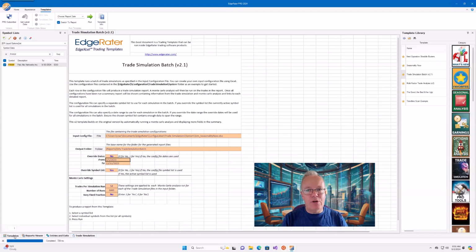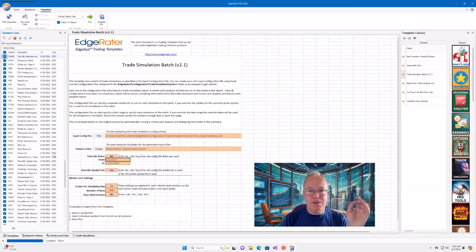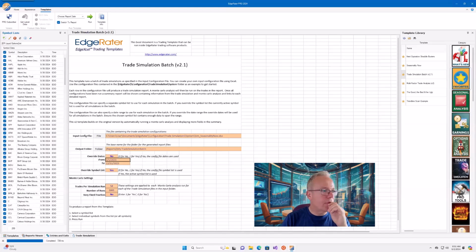You pick the configuration file, which is sim seasonality now, and then you run it against your list of stocks. Now, I've only chosen one stock here, Pan W, because that's all I'm interested in. But I could have chosen all of the stocks in the list, and that's going to generate a slightly different view of things. So I want to talk about that. Just see if there are any questions so far.